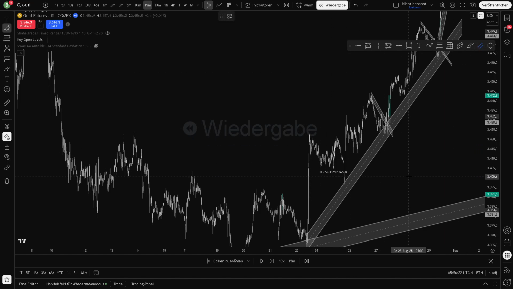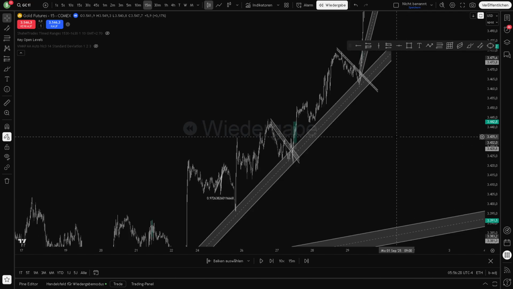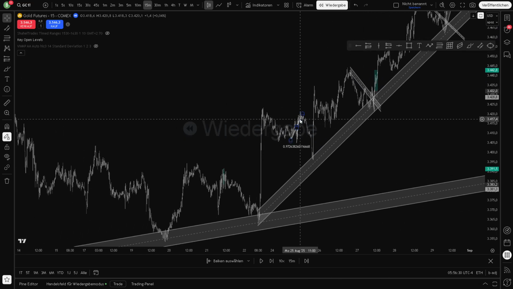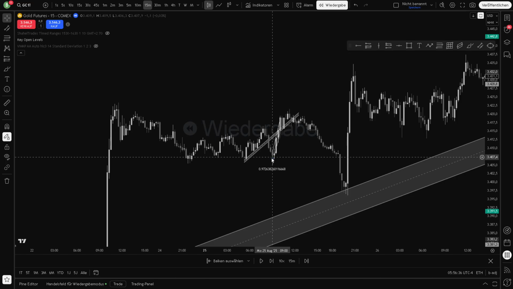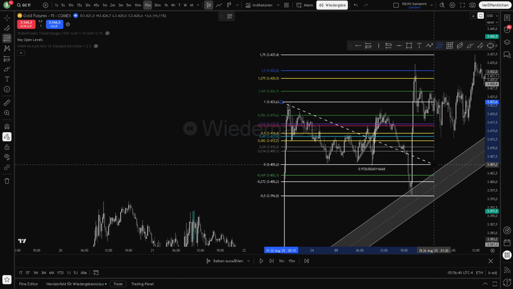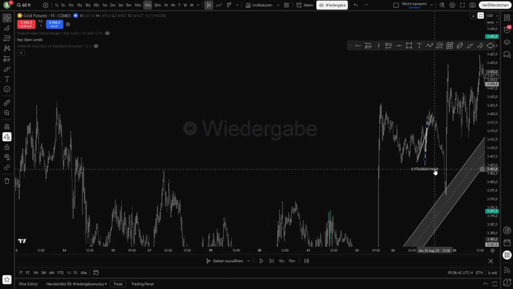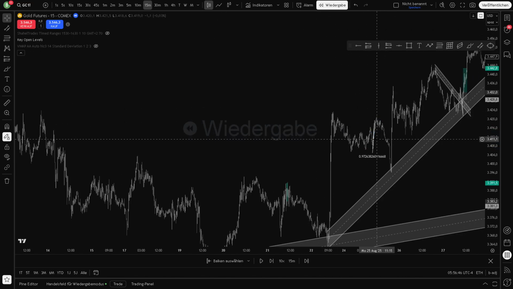Also, we did have a break here, but we did not test these major levels, 45, 50%. So that's actually where I took a short up here. So I waited for a break of this trend there, based off the 786 level, because I knew price wants to go lower, or at least I anticipated it. You never know exactly, but yeah,